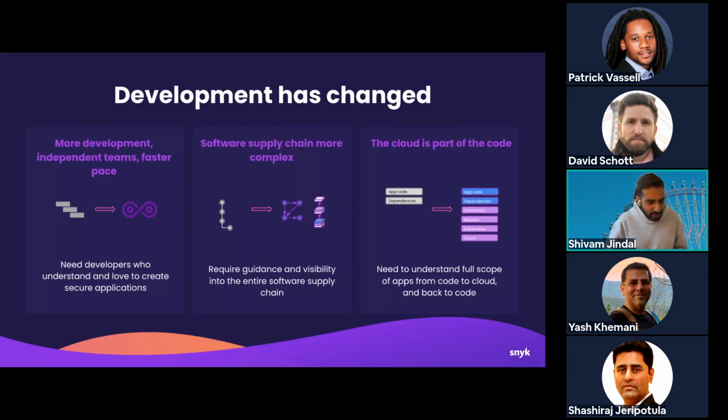To zoom out for a second, it's important to recognize that development has changed quite a lot. More teams are producing code at a much faster pace. And obviously with AI, that is going to accelerate even further with things like Code Whisperer or ChatGPT, where you can add in more code at a much greater scale. Along with that, the software supply chain has become more complex, with microservices and dependencies having their own dependencies, and those can often go many layers deep, right? And so it's important to have that larger view of all the different moving pieces.